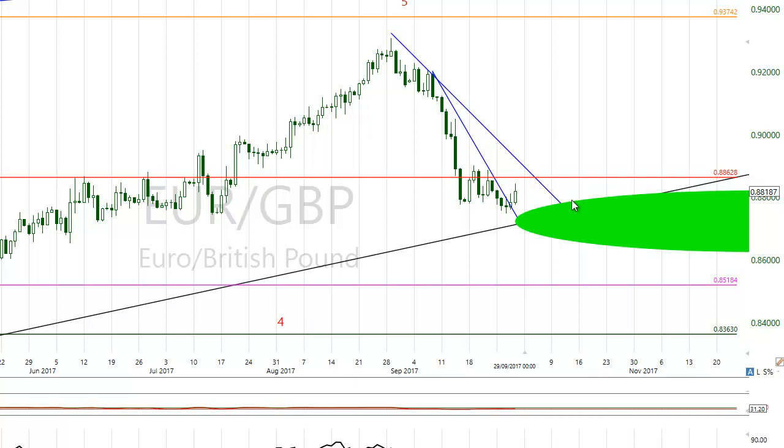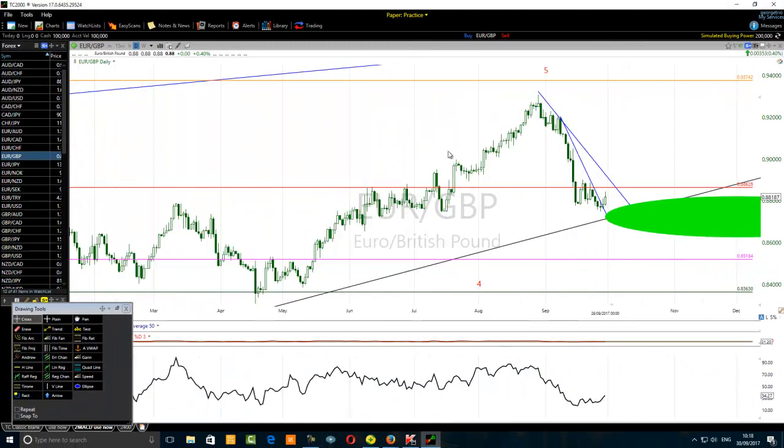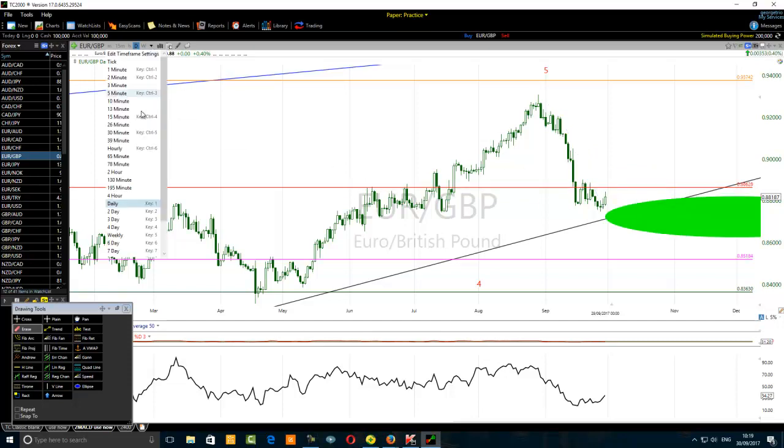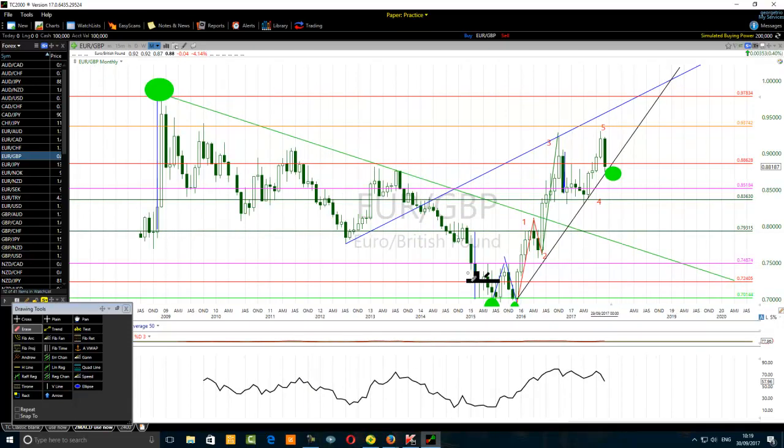Will you find a support and continue to go up? And will you find a resistance and start going down? All right. So the first thing that we are looking for, because sometimes a trader may go out and start placing a trade due to the technical indicator, divergence, bullish, and so on. But the most important thing that we want to remember is that we are looking for a trading setup, a high probability trading setup. Sometimes some trading setups are not useful for us because the risk is high, or the